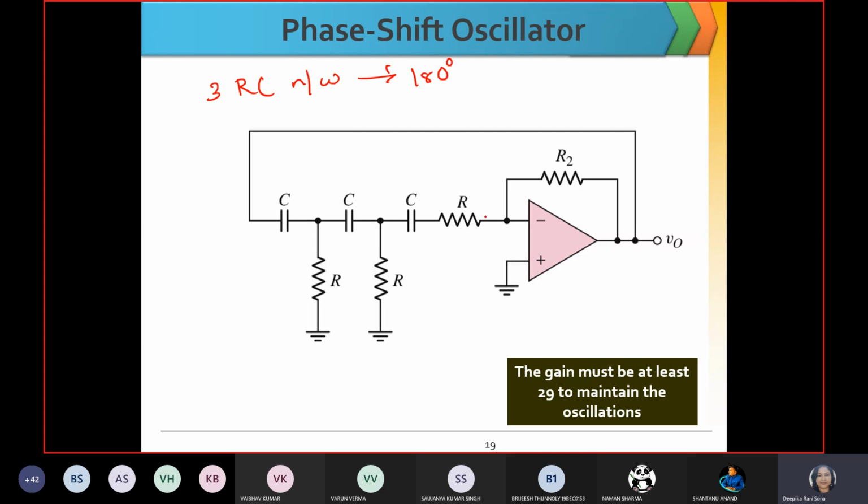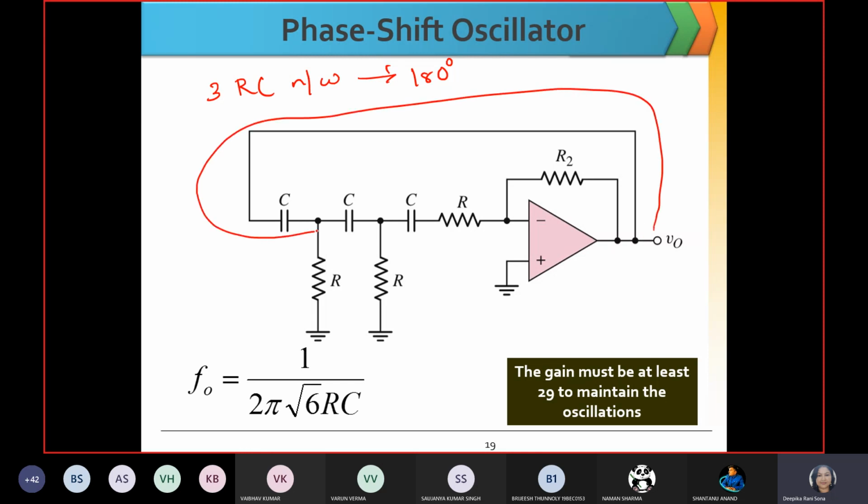So what I have to do, I have to use this as the input along with the feedback path. The op-amp in the inverting configuration provides a phase shift of 180 degree, plus 180 degree phase shift by this RC network, in total it will give rise to a phase shift of 360 degree. So the phase angle condition is verified. Okay, now what is the requirement? The gain. Okay, so gain also needs to be met. So what should be the gain? A beta, the magnitude should be 1.